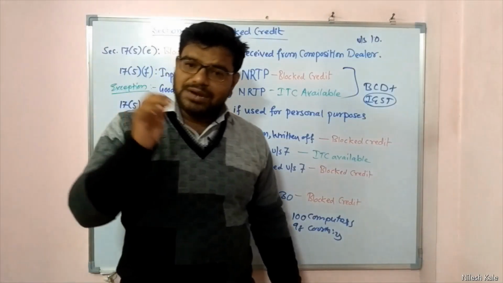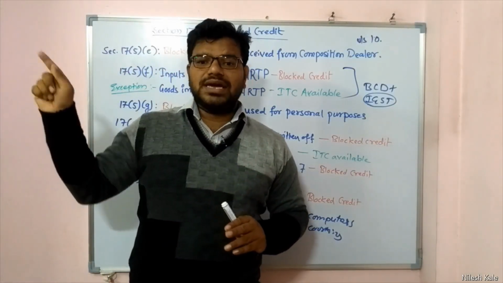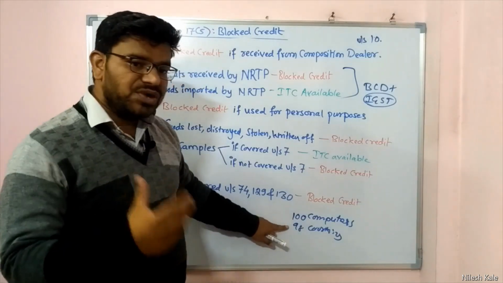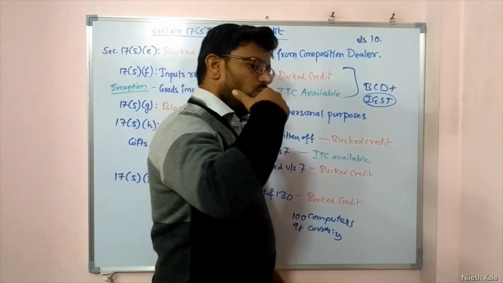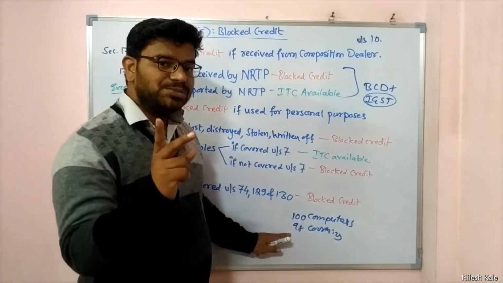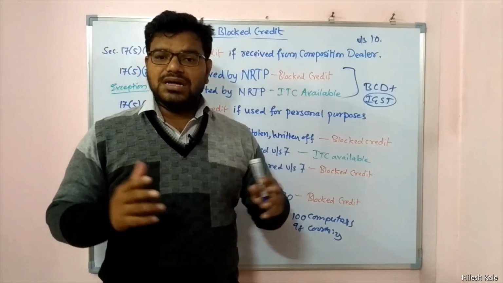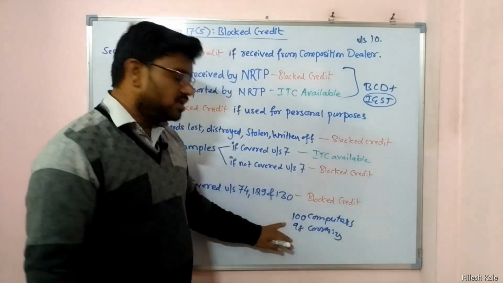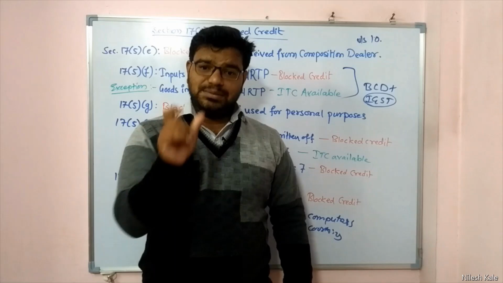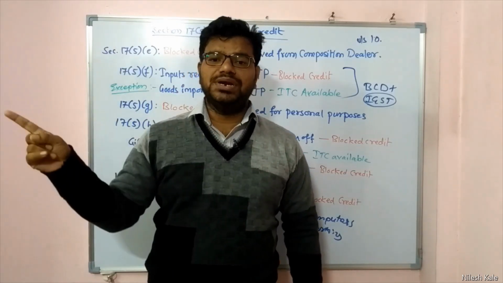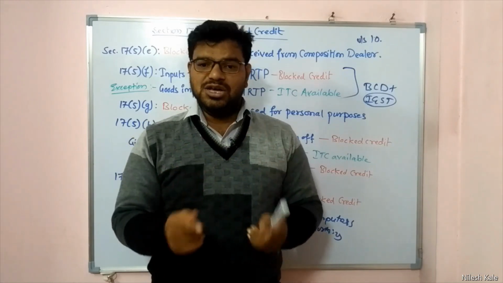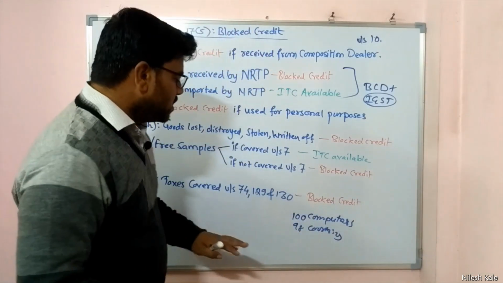Like while you had purchased it, you have paid the taxes to the government, and now you are utilizing that ITC. 98 are in working condition, and only sellable computers were 98. There were 2 such computers which were kept unsold and they were damaged, and on those 2 computers, whatever input tax you had taken, that proportion you have to give back to the government. This is the concept of ITC reversal. I am telling you this again and again because it is a very important concept.